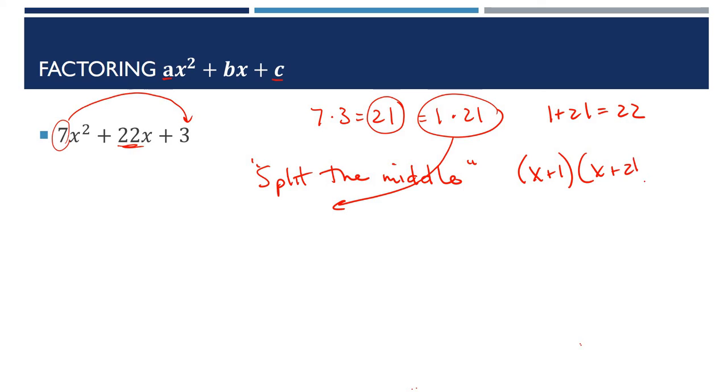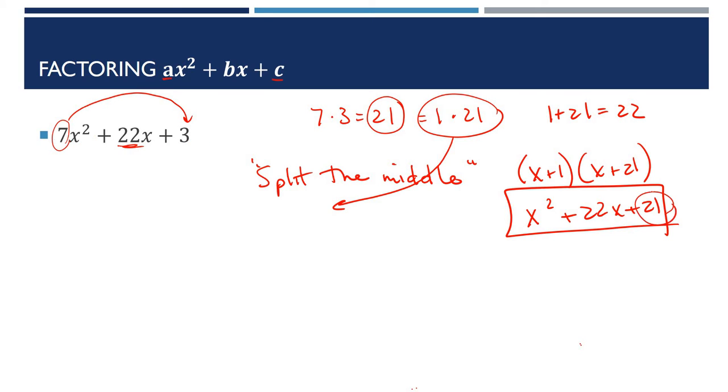If I do this part here, then when I FOILed it, I would get x squared plus 22x plus 21. And you can see that this is not the same as what I have here. In my original problem, the 21 was split up from the front and the back, and here it's all at the end. So I can't just write these two numbers as my factors,